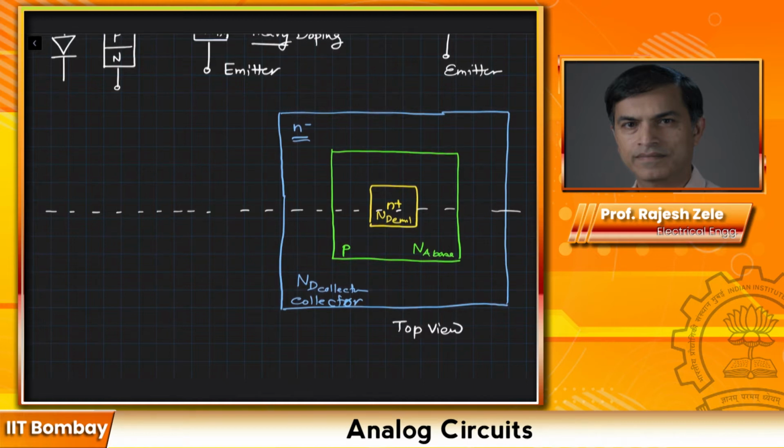So first we will draw our blue. This is the collector region, which is N minus impurity. Then we would have the base region, which is shown like this, P impurity, and then comes the emitter region, which has the heaviest doping. Interesting part here that I would like you to pay attention to